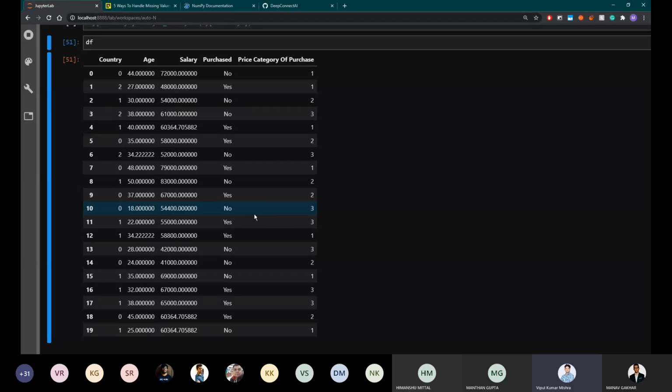But if we are using linear regression or other classification methods which are based on weights, in that case, what will happen? This particular country value, if you multiply, you can say this is your x of 0 value, then this will become x of 0, 0, then x of 0, 1, x of 0, 2, and so on.